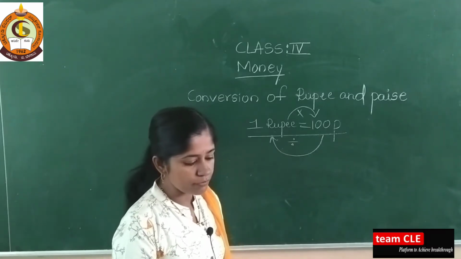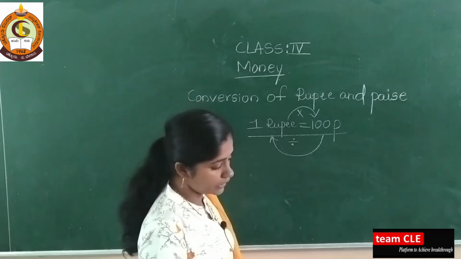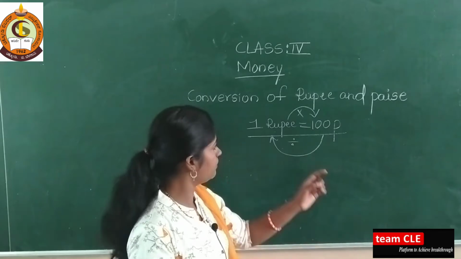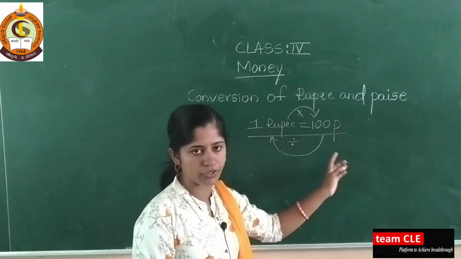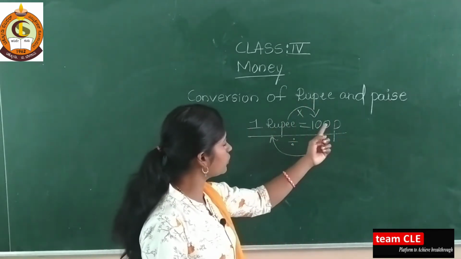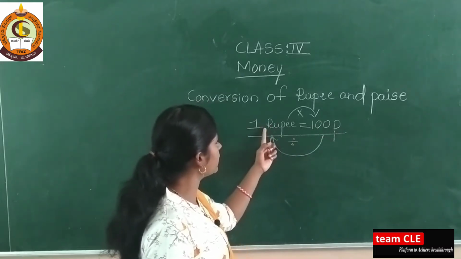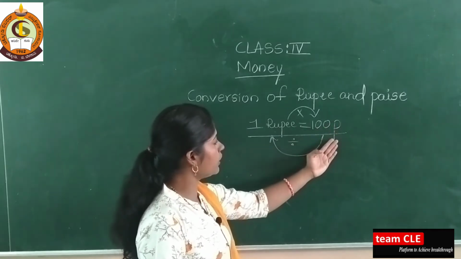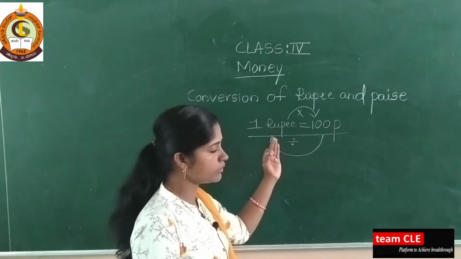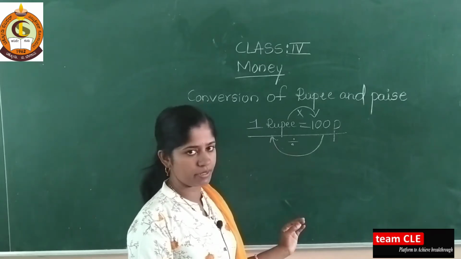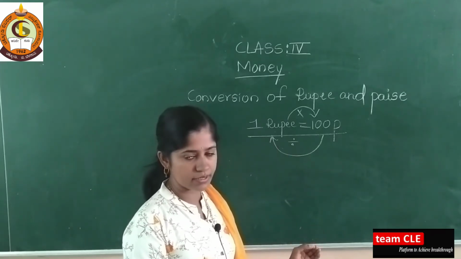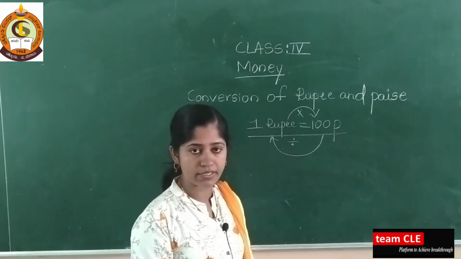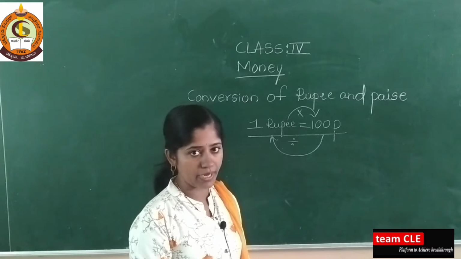Okay, so here first we will learn converting rupees to paise. Converting rupees to paise means bigger unit to smaller unit. You know, 1 rupee is equal to 100 paise. When we are converting a bigger unit to a smaller unit, you need to multiply, and when you are converting a smaller unit to a bigger unit, division. If it is there in your mind, then you can solve these examples. So while watching the video, see carefully and practice it.